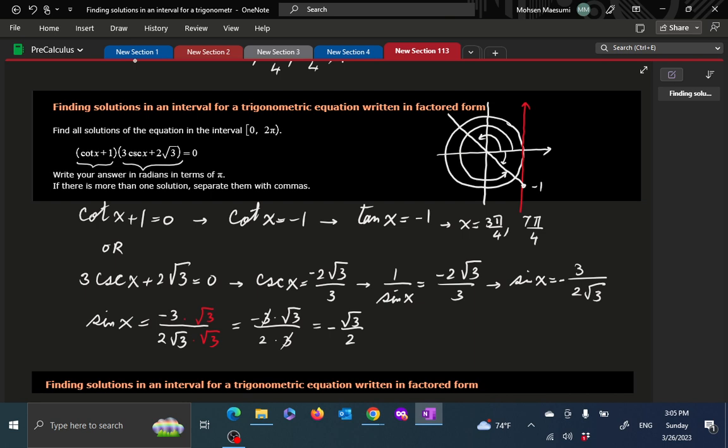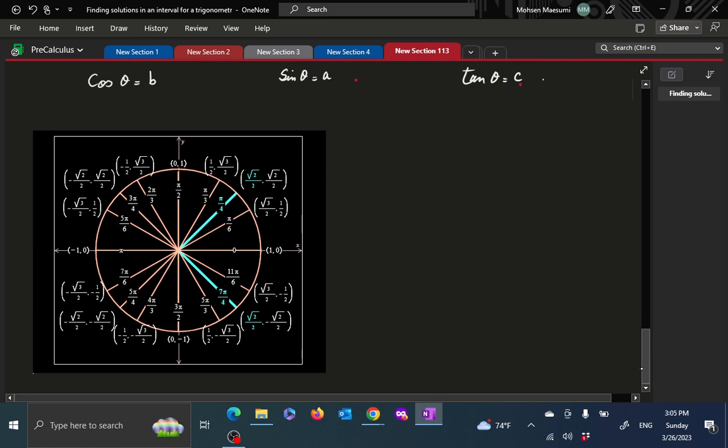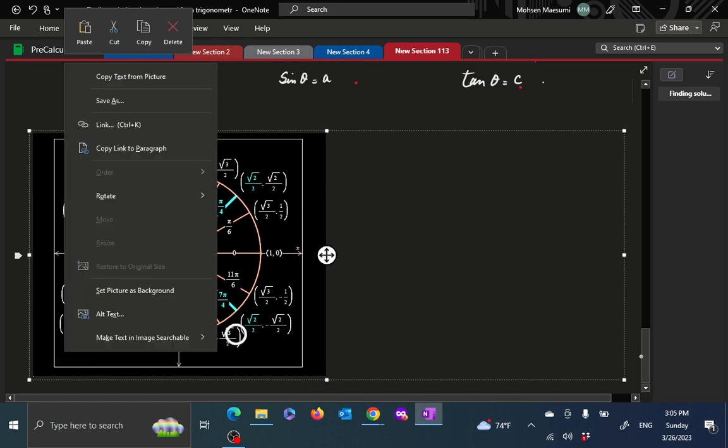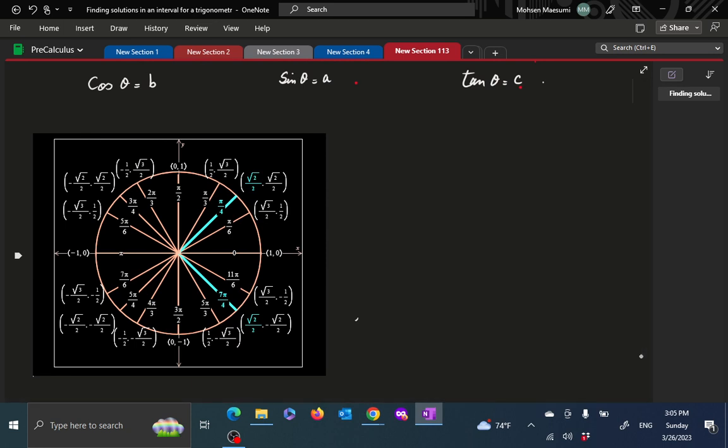Okay, again, how do we get this? You can of course go to your table or circle and get minus radical 3 over 2. You see it here. That's 5 pi over 3 and 4 pi over 3. That would be the answer. However,